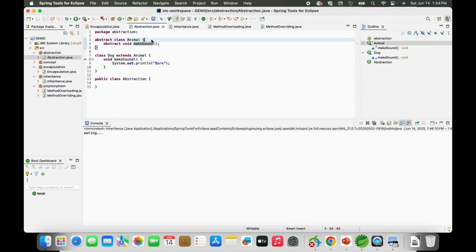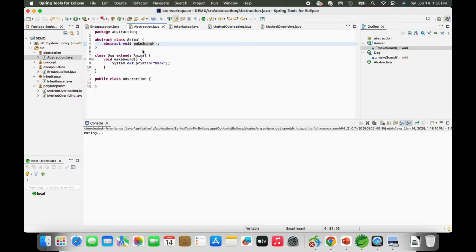Now if I want to hide the details, I do not want them to see my method, I do not want to expose my method. So how will I achieve abstraction? For that, I will create an abstract class and create an abstract method inside it. I'm sure you must have heard about this abstract concept. You may already understand abstract classes and abstract methods. If not, let me know, I'll create detailed videos on that as well. For now, let's assume you know about this, or let me tell you